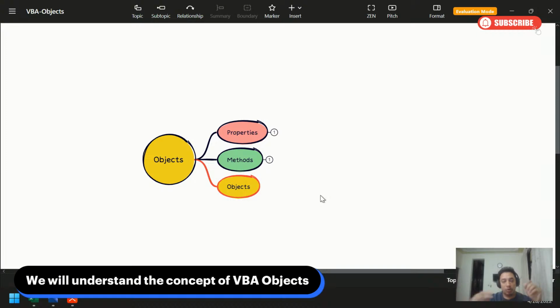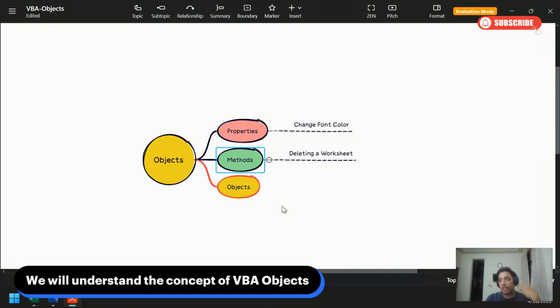So in objects, you have further properties and methods that you can use to perform activities. So for example, if I want to change a font color, in that case, I need to access the font color property of a cell. And if I want to delete a worksheet, in that case, I need to access the delete method, to delete a particular sheet. And now a single object in Excel has further objects that are related with each other. So now